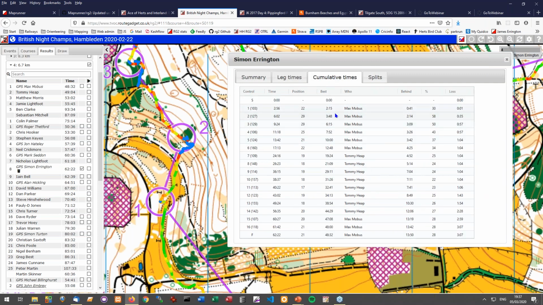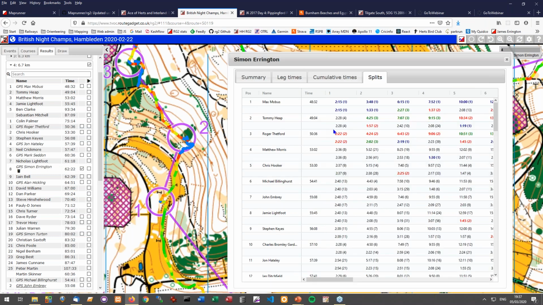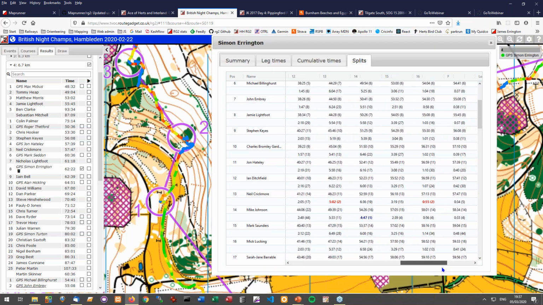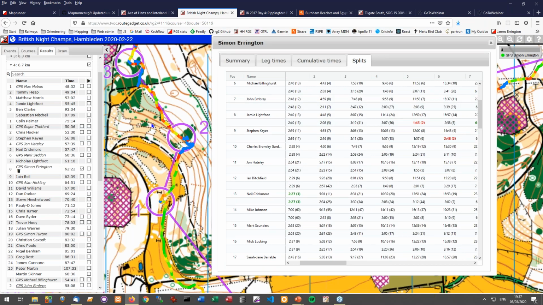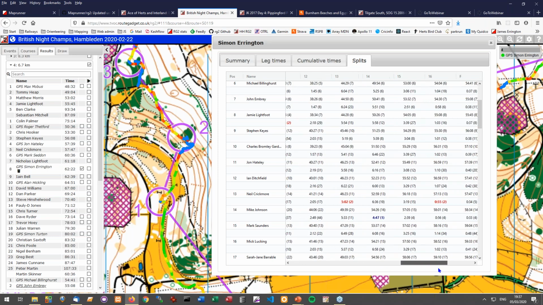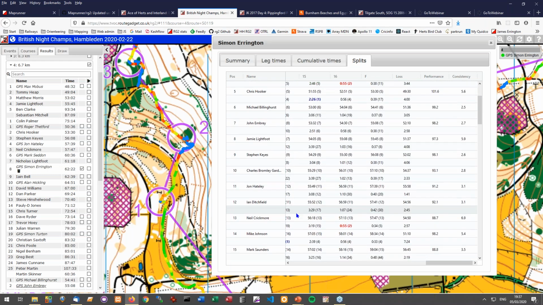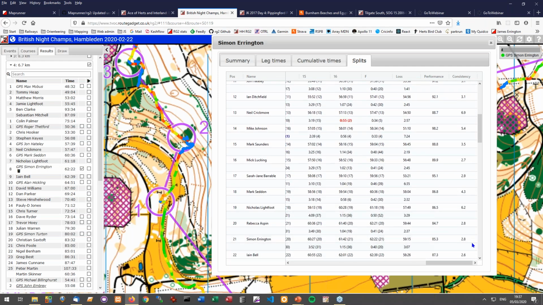There's a very similar page for cumulative times. And you can now see a splits table. One of the problems in doing this is just finding enough space to put all this information whilst still being able to see other things. So it's not ideal, but I think it's better than it was. It's certainly better than the first implementation I got to. And on this splits one, you've now got a listing of how people are doing. So as I said, 2.8, I was having quite a reasonable run from a consistency point of view, where I'm down the bottom here somewhere.